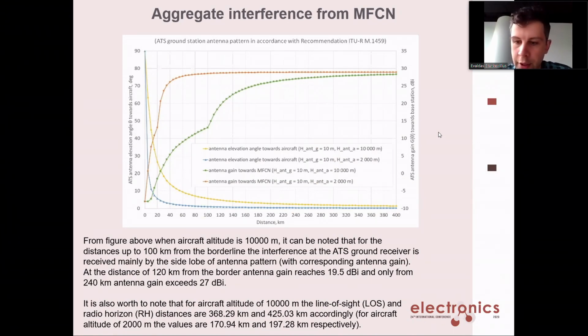And the calculation itself. First of all, if the ATS transmitter is flying around the ATS receiver, the angle between the systems changes, and according to the antenna pattern, the gain also changes. So it is a highly dependent situation, and the outcome depends on how the ATS transmitter and receiver are set up, or what the possible area is where the airborne ATS transmitter can fly around the receiver.